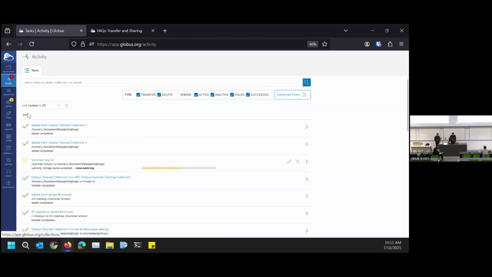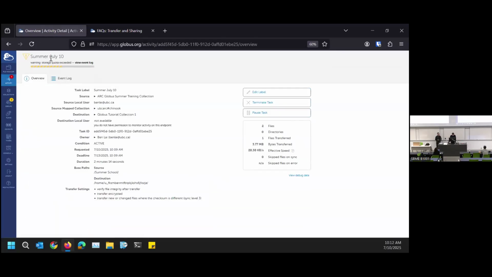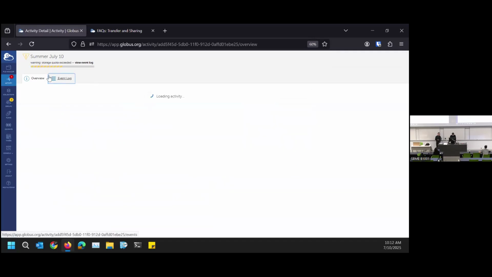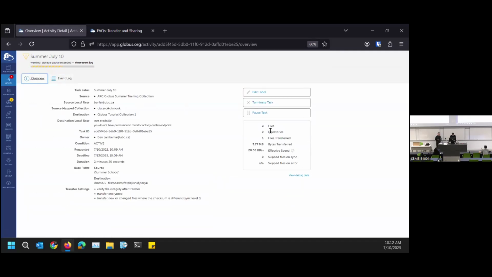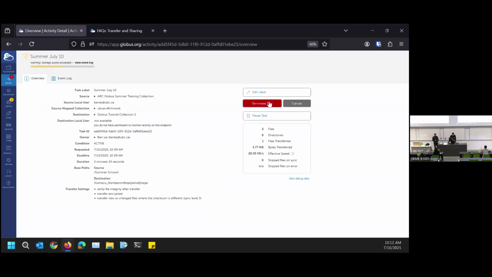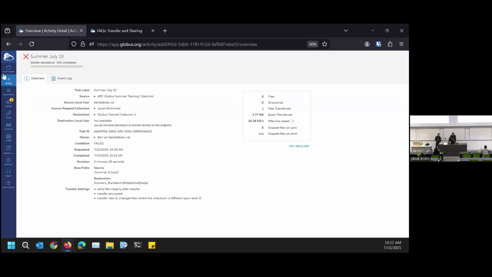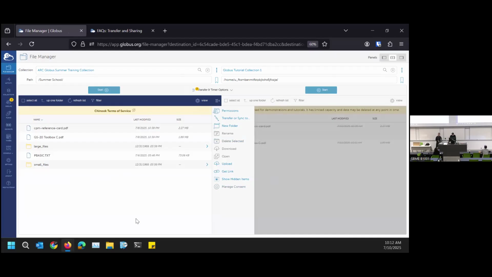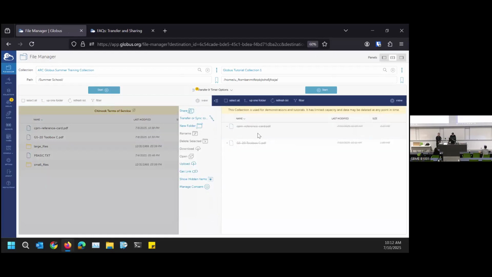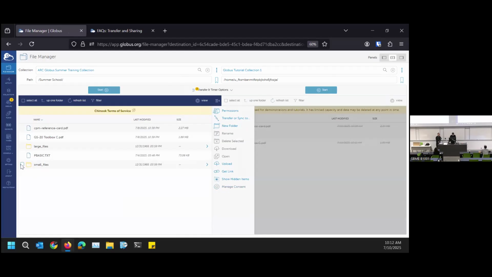Activity, delete somewhere. Why is it still there? Oh. Maybe I shouldn't have used the Globus free one, but oh well, I tried to use them and move another